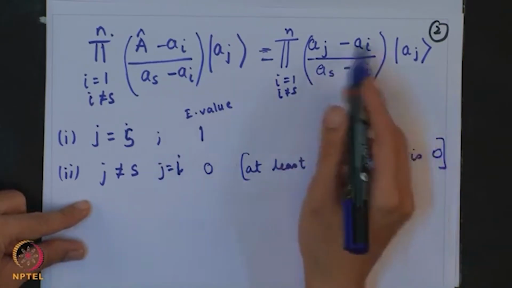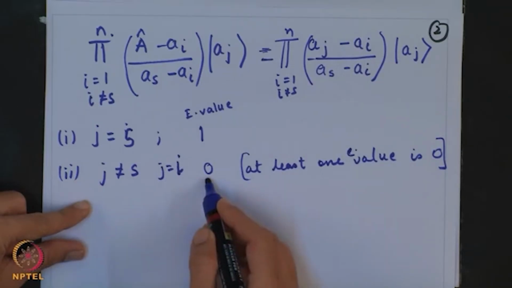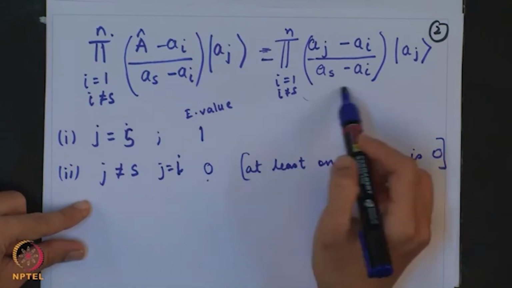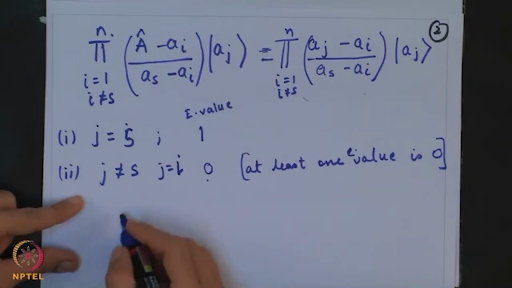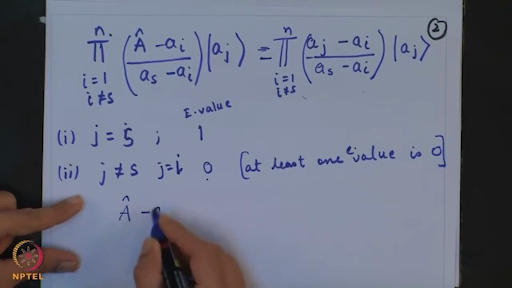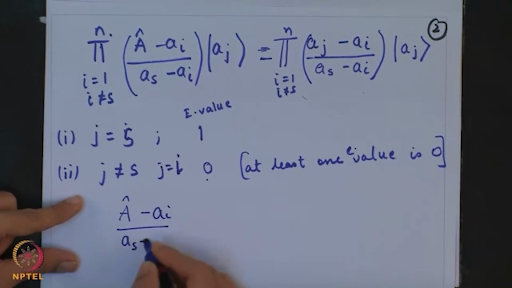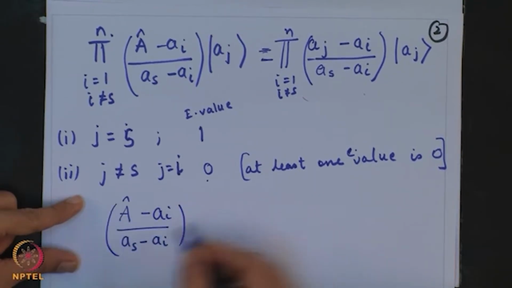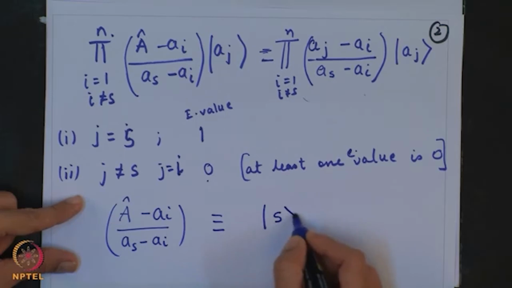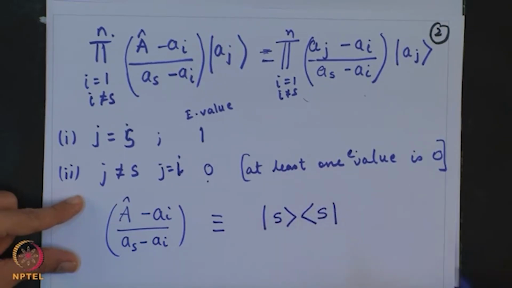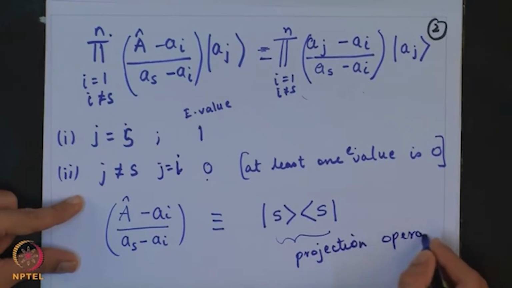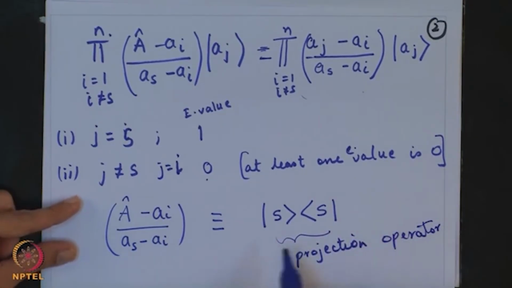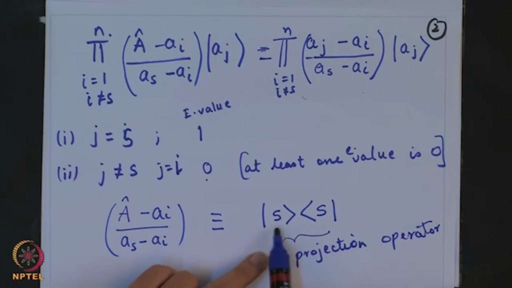That means for j not equal to s, the eigenvalue becomes 0. So, this operator is simply written as, this can be written as S, okay. So, this is nothing but your projection operator, okay. Remember, the projection operator is when